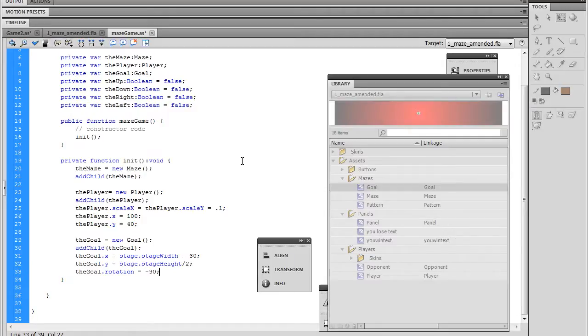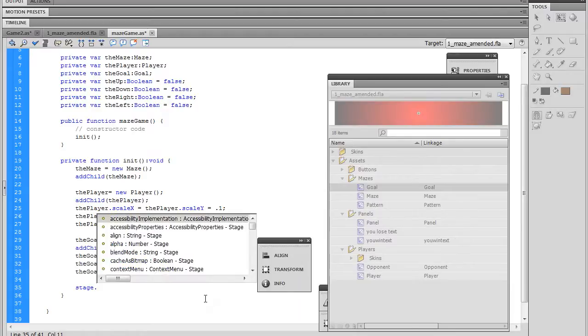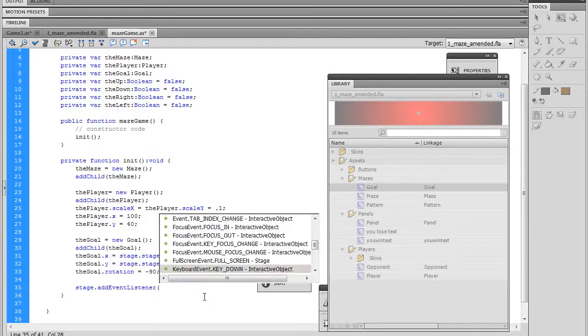If they are, then we'll run a function. So let's just create those event listeners. And I know that you were all saying, oh yeah, we need an event listener. So add event listener,